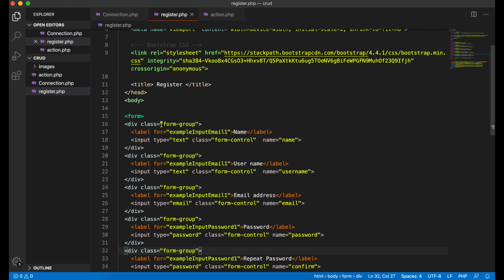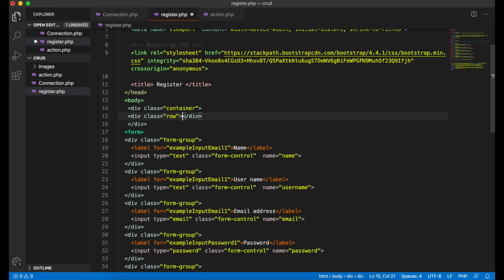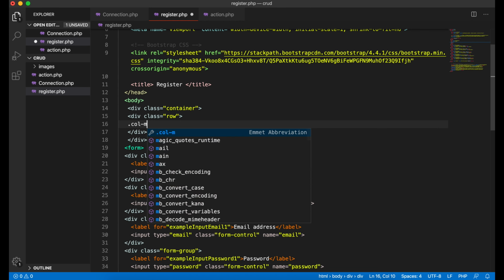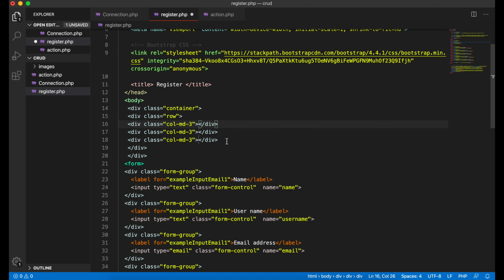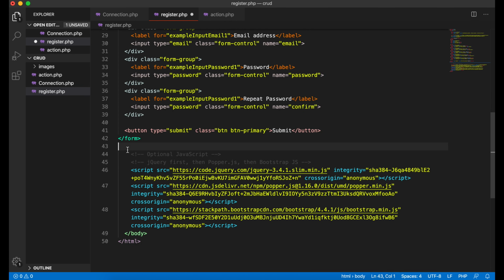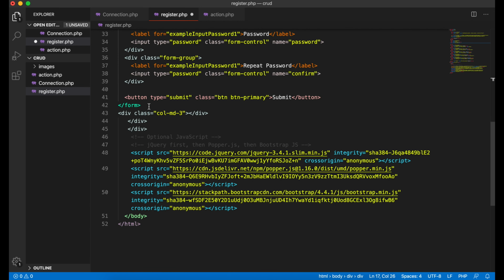and to make it look good I will just give it one container, wrap it inside one container, this container, and then row, and then inside the row I would need here col-md-3. I will make here 3, and I will just cut from here and paste after form. This one I will make it 6, should be also after the form here,